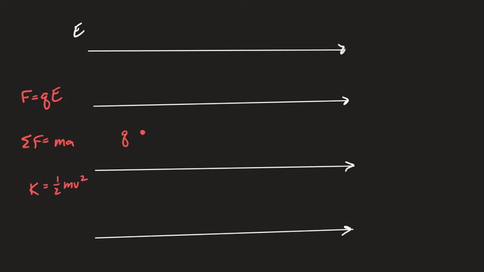I mean, these are things we talk about in mechanics. It's not a far cry from what we have here. If I know the particle is going to accelerate, then I know that by the time it gets over here, it's going to have some velocity. If it has some velocity, it has kinetic energy. If I want to shoot particles out with a certain amount of energy, I can probably tune my electric field to do so. If I need them to go faster, create a stronger electric field. If I need them to go slower, bring the electric field strength down.